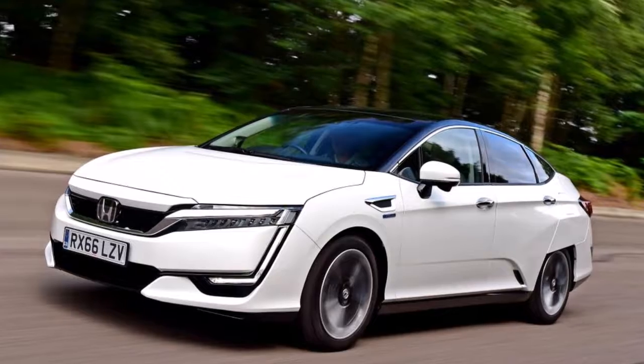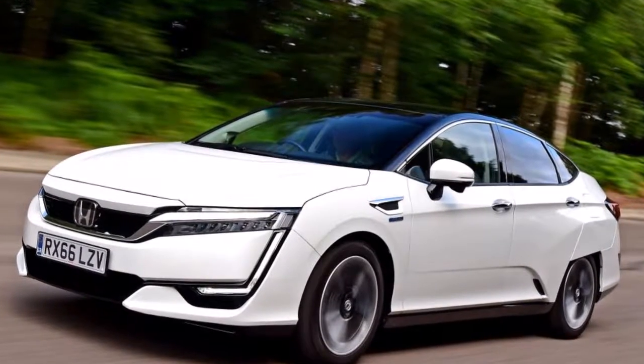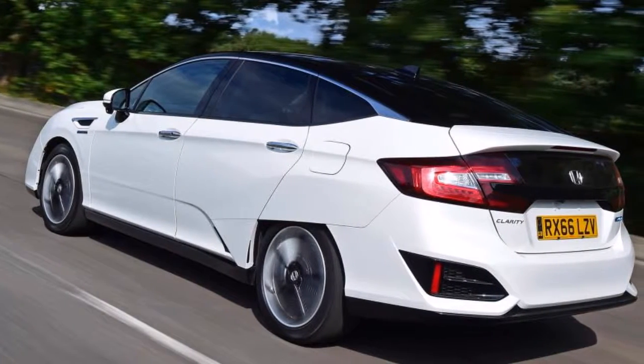The rest of the package is conventional enough. The Clarity is a big 5-seater whose looks are distinctive enough to let people know that you've thought long and hard about the environment when